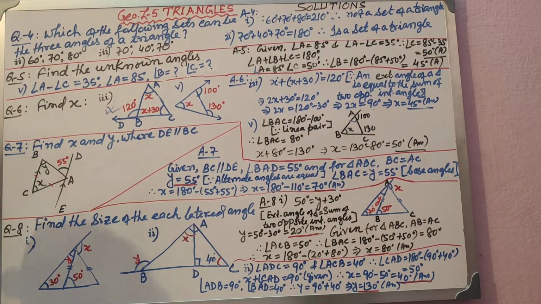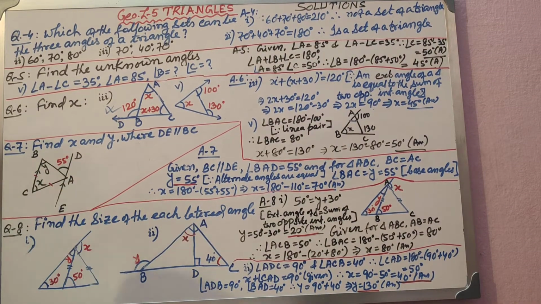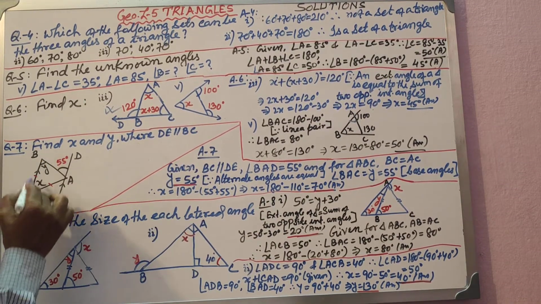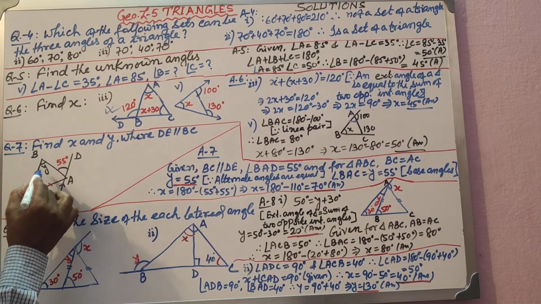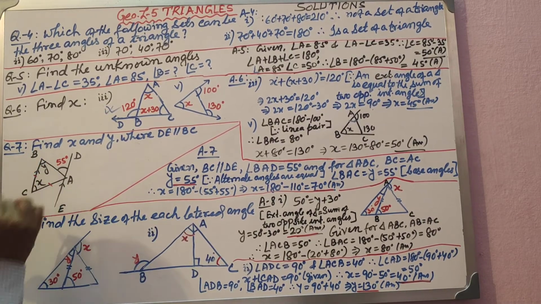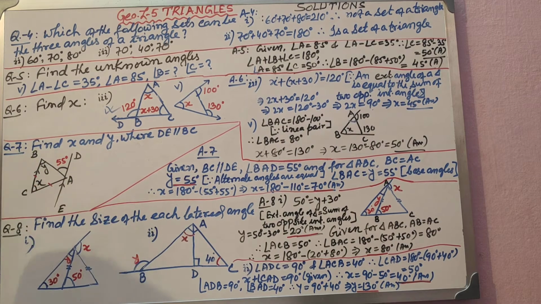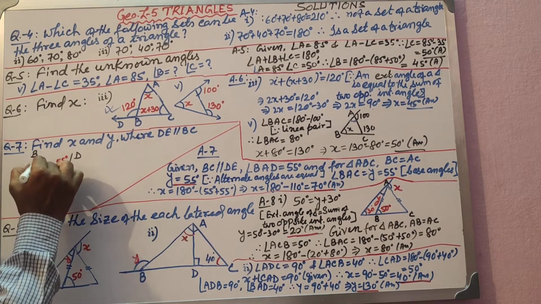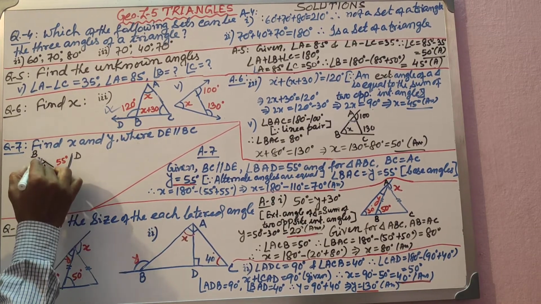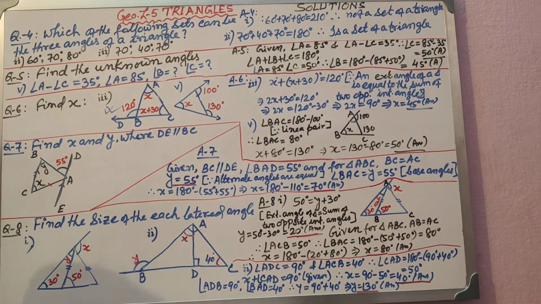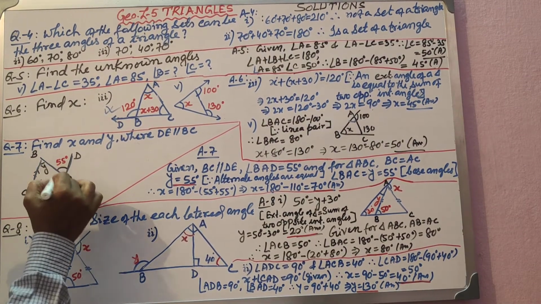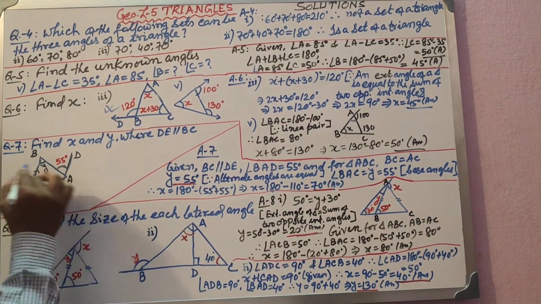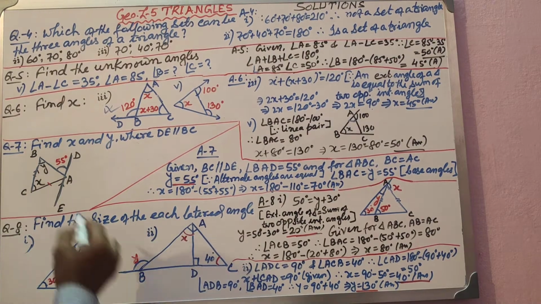Things are very simple. Now question number 7: x and y you have to find out, where DE is parallel to BC. DE is parallel to BC, given to you. You have to find the value of x at this particular angle and this particular angle, x and y. And here it is given to you 55 degrees. If the parallel angles property goes, this is parallel to this, and AB is the transversal. Are these two not parallel? Do this angle and this angle not have a relation? Yes, they have a relation. They are alternate angles. So y is alternate to 55 degrees.